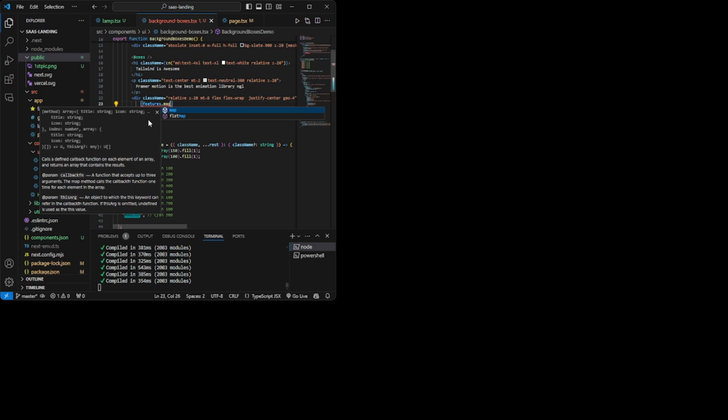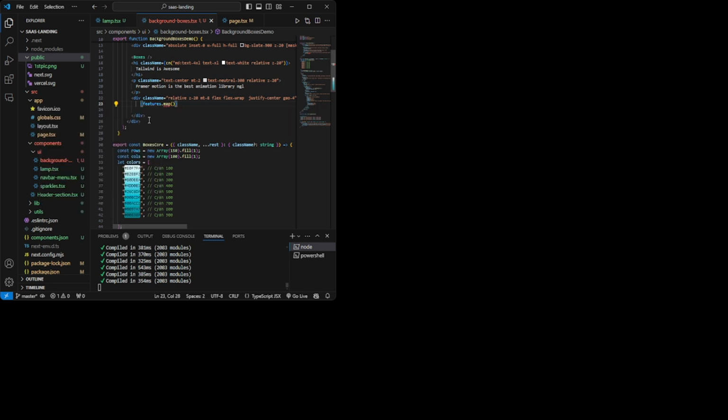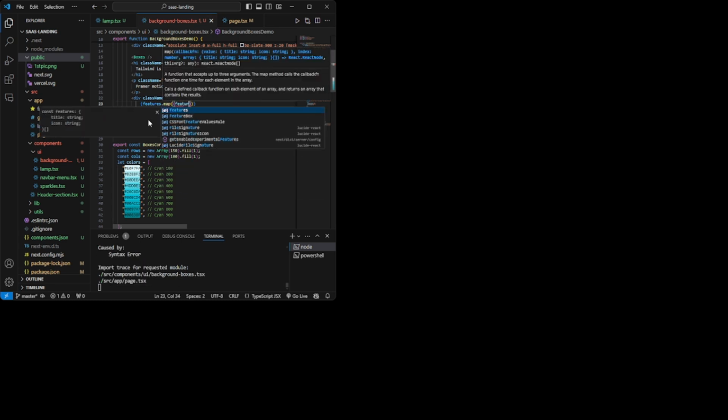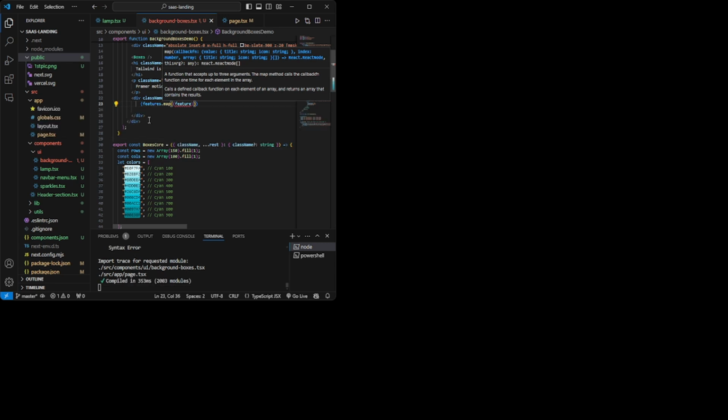I'm going to map every feature of that feature list. Now, feature, every feature in that features list, then arrow,